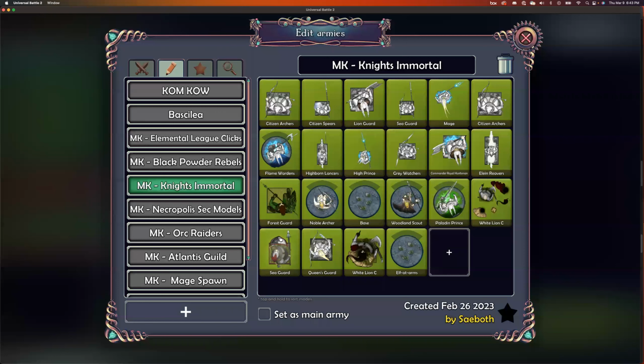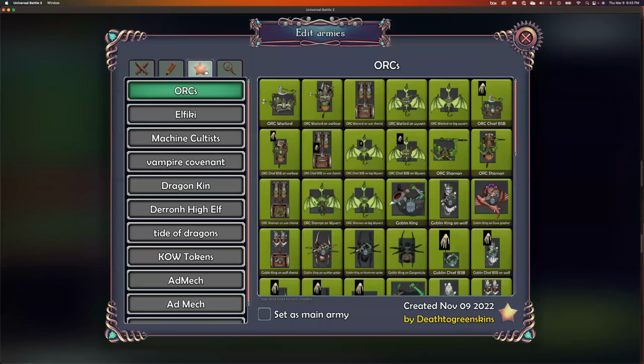Now, I've already imported this model in, but what if I wanted... This is the model that I want to use. I found it in my